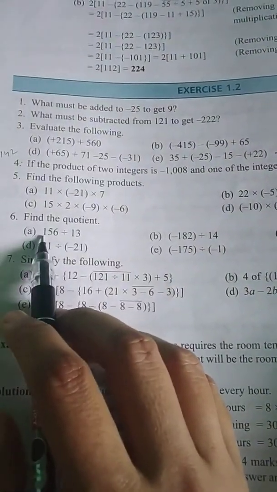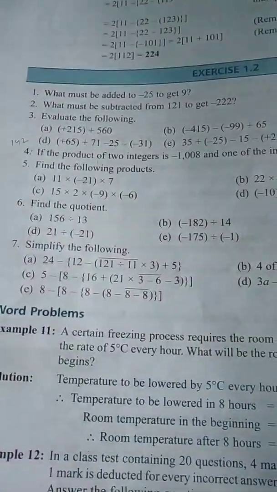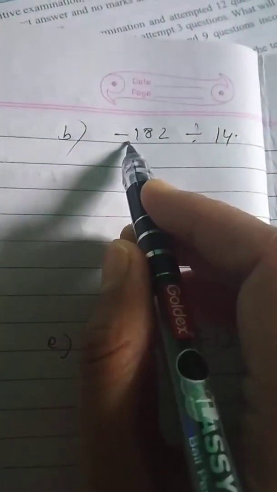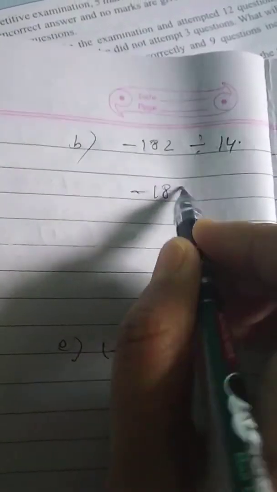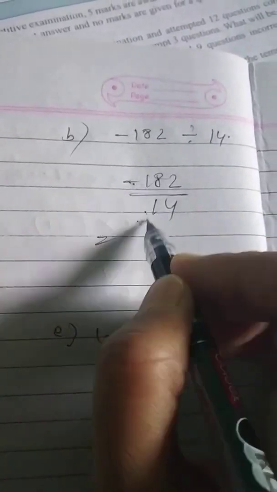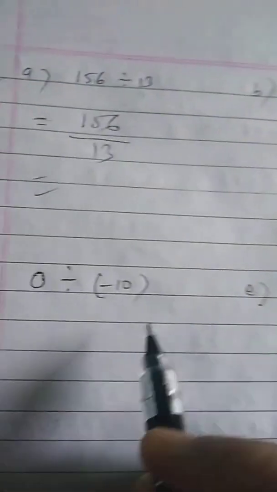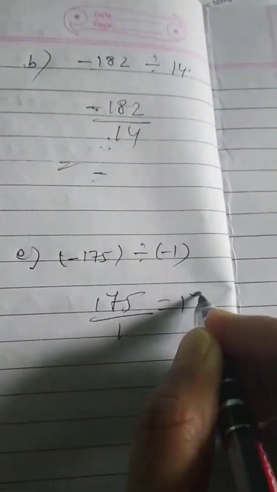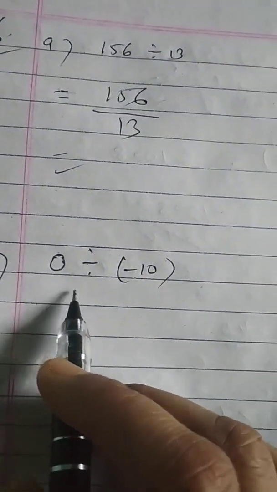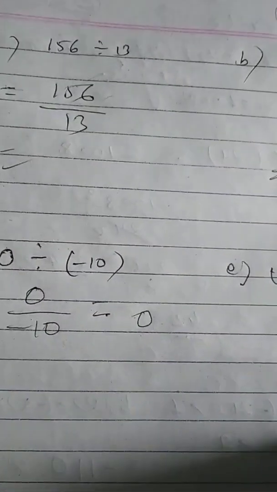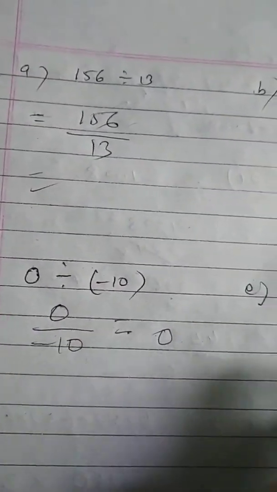Question number 6 also you have to try, students. Find the quotient. You have to simply divide it and find out the quotient. Okay, like this. 156 divided by 13. You can divide, cancel out. But if it is in minus, other is in plus, then minus 182 divided by 14. Cancel out and write the answer minus plus. Minus plus minus. Answer will come in minus. Suppose both are in minus, then minus minus plus. Its answer will be in plus. This is also okay. Can you do 0 divided by minus 10, will be equal to what? 0 only. 0 has no sign. Plus minus nothing, no need to give.